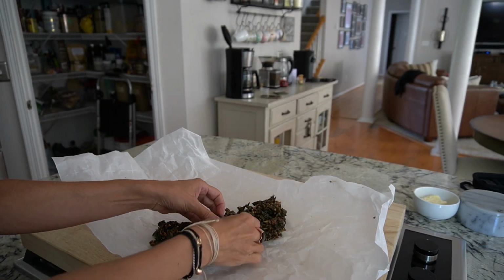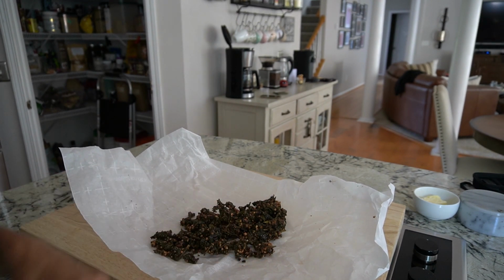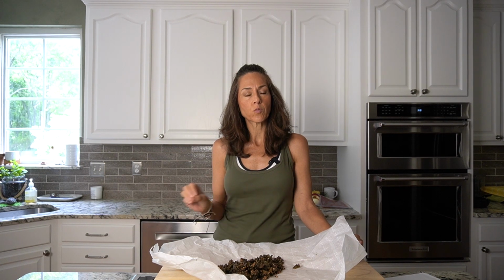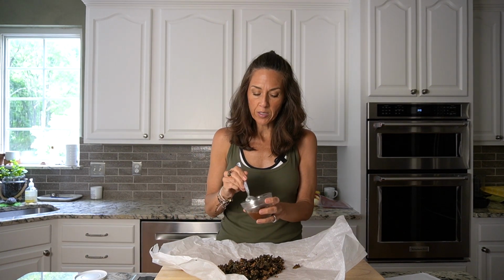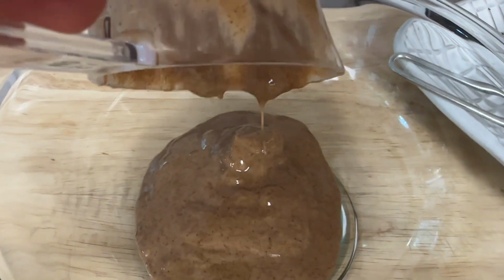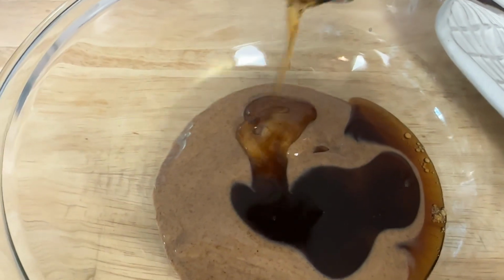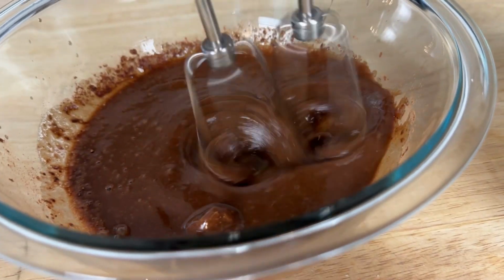Nice and crispy. Look at that. Smells so good. I first dehydrated the kale at 100 degrees for about 45 minutes. I just wanted to pull a little bit of that moisture out of there because I wanted to make sure that this turned out very crunchy. I then made this delicious sauce, and oh my goodness, you could just eat this by the spoonfuls. It kind of reminds me of Nutella. I guess that's the brand. This has water and agave cacao, had 2 tablespoons of cacao, had a teaspoon of vanilla, and a pinch of